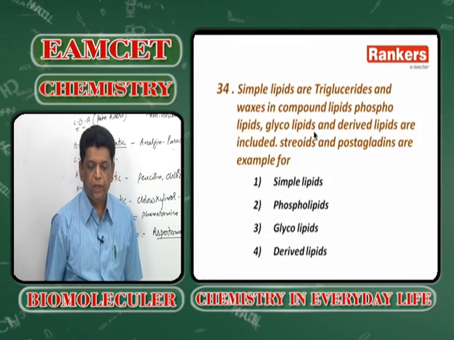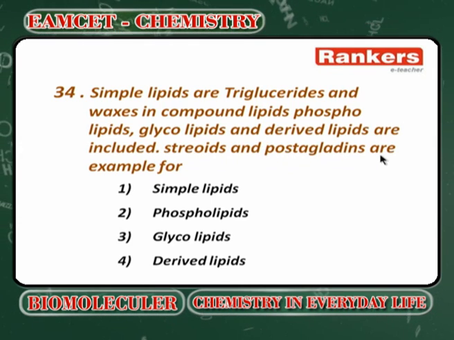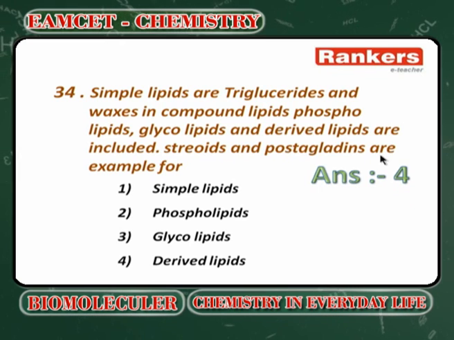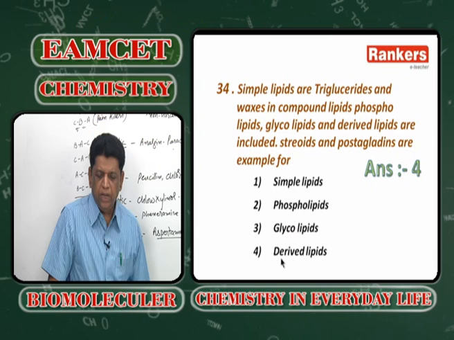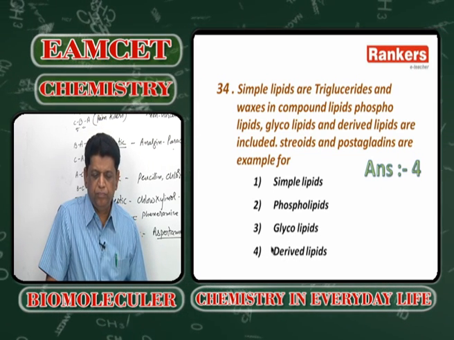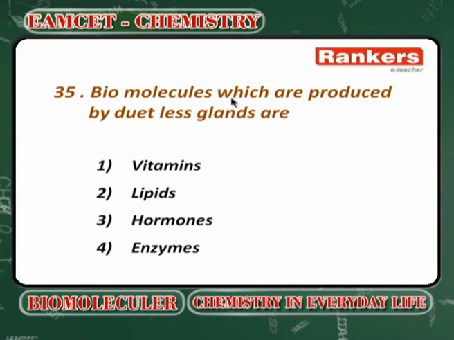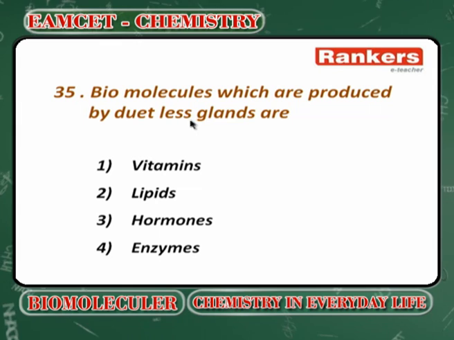Next, the simple lipids are triglycerides and waxes. The compound lipids are phospholipids and glycolipids. The derived lipids include steroids, and prostaglandins are an example. They are called derived lipids, the fourth type. Next, the biomolecules which are produced by